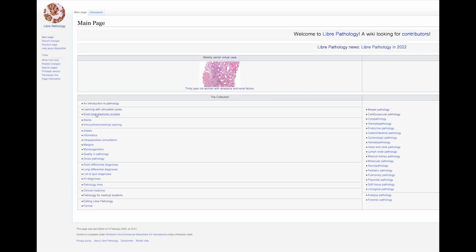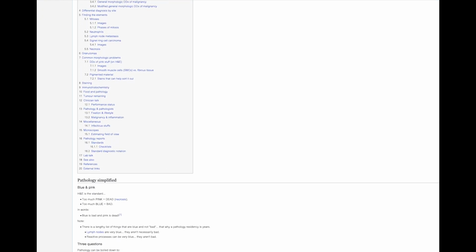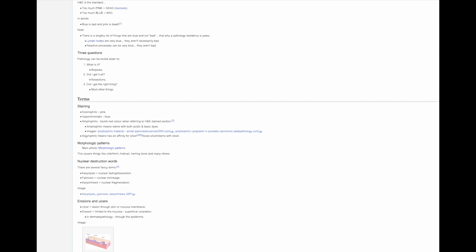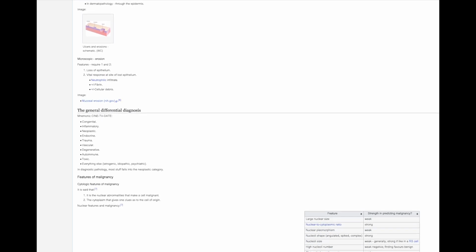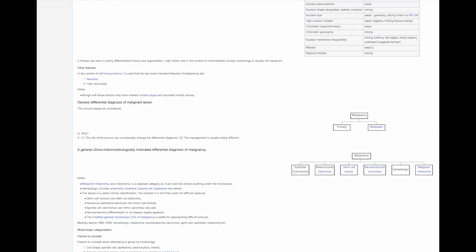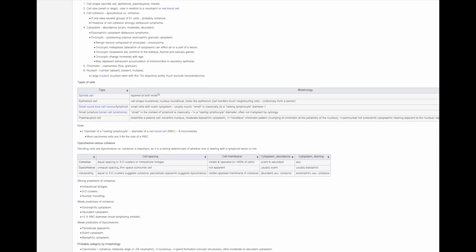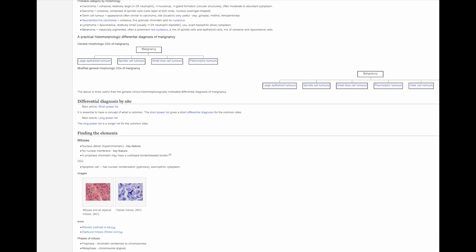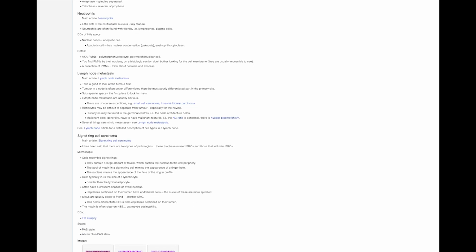LibrePathology is a wiki-based open access pathology knowledge base without advertisements and without commercial sponsorship. It is licensed with a Creative Commons license. It was founded by Dr. Michael Bonnet, a Canadian pathologist, in 2014. It covers over 1,400 diagnoses in pathology, including rare diseases. Therefore, LibrePathology is one of the most comprehensive collections of pathology images on the internet. It is fully searchable and has community participation from pathologists around the world.